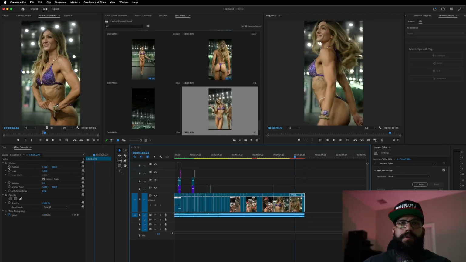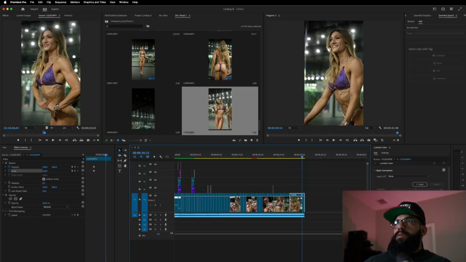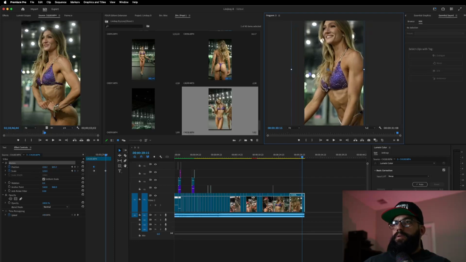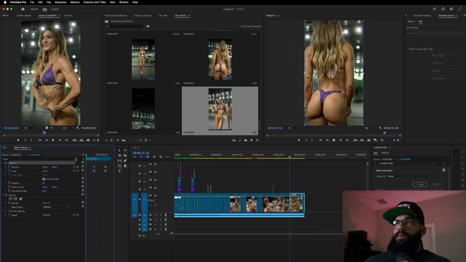But I want to change the framing a little bit. So let's add some keyframes here. Because you see right here, there's too much dead space over here. So I want to make sure that we fill that in. But we're going to keyframe it so it moves as the video goes. Let's see what that